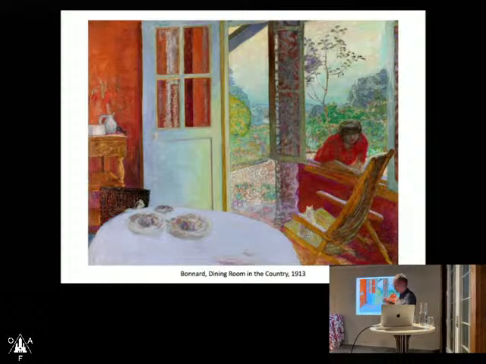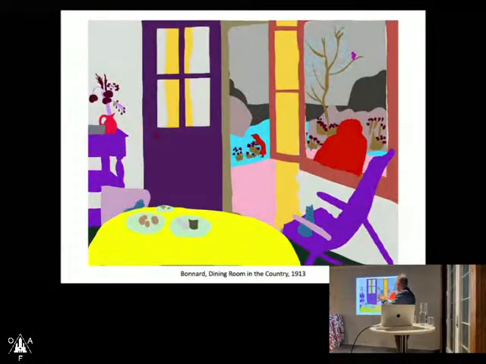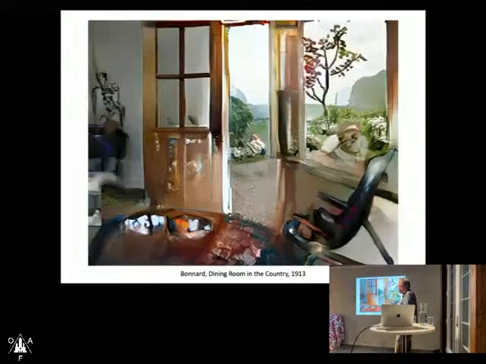But we took these Bonnard paintings, and back then you had to mask out each part. So you had to say, this is a table, this is a chair, this is a curtain, this is a door, and then it would know what to generate in each place. But it somehow still was aware of the door next to the opening and the light coming in and the reflection on the table. So there were semantic relationships that it was able to make between these parts.